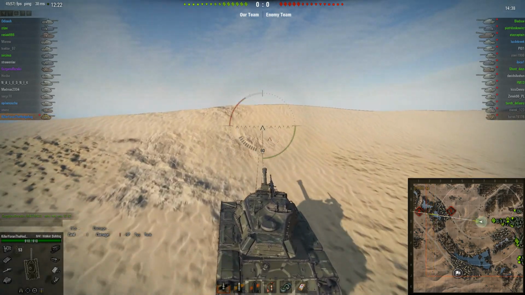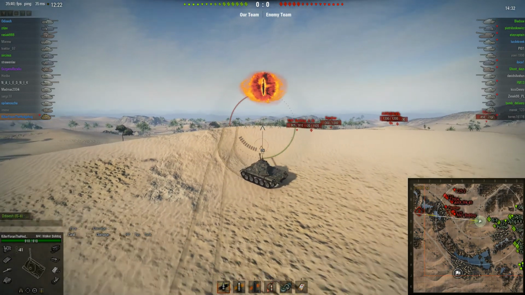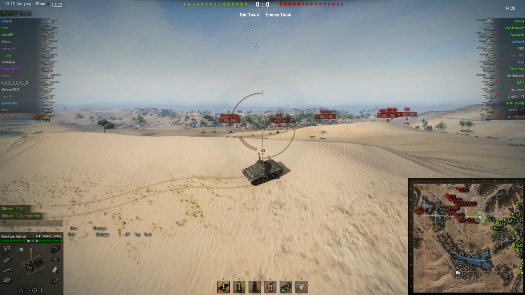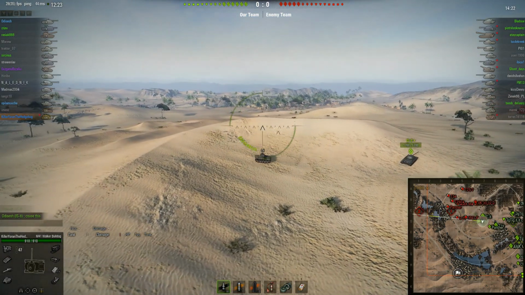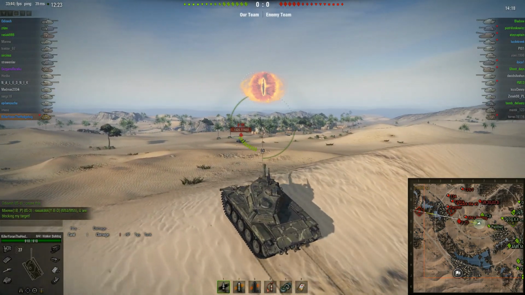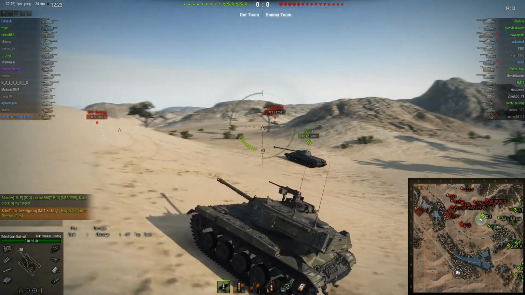So at the start he goes up this hill to get the first spots off. That's always important, and he pretty much spots the whole of the enemy team. So that's a good result. Dodging arty obviously, and then going back down. It's always important to not stay in one position for too long, especially in a light tank, because you're easy fodder for everyone. He gets spotted here by the VK on the right